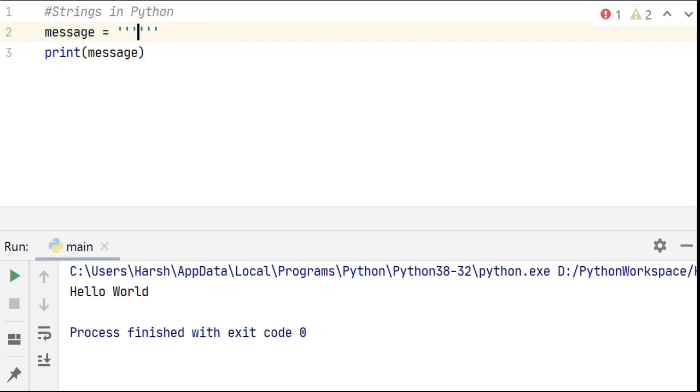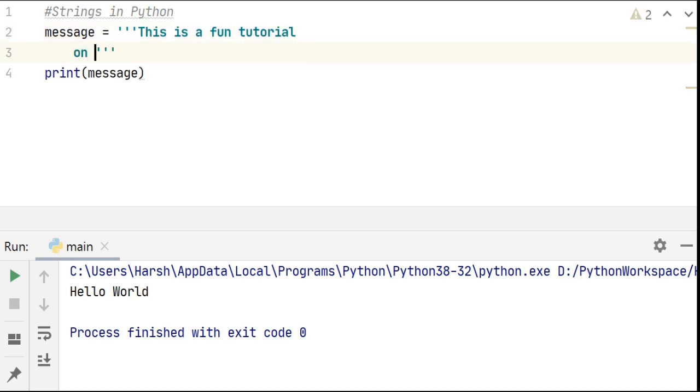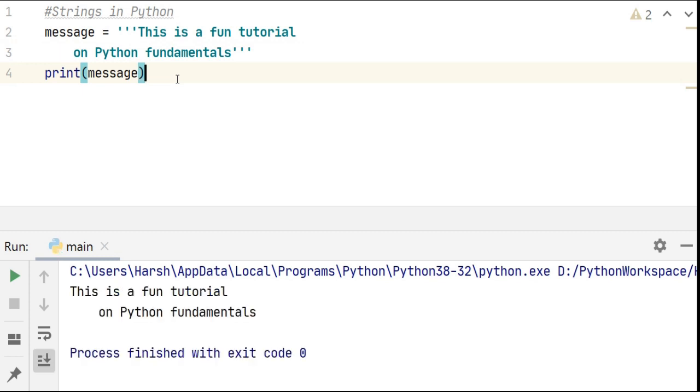Let's say, this is a fun tutorial, and we have added a space here and put on Python fundamentals in a new line. Now let's go ahead and run this statement. It gives us the output exactly how we have defined it, including these spaces and a new line.